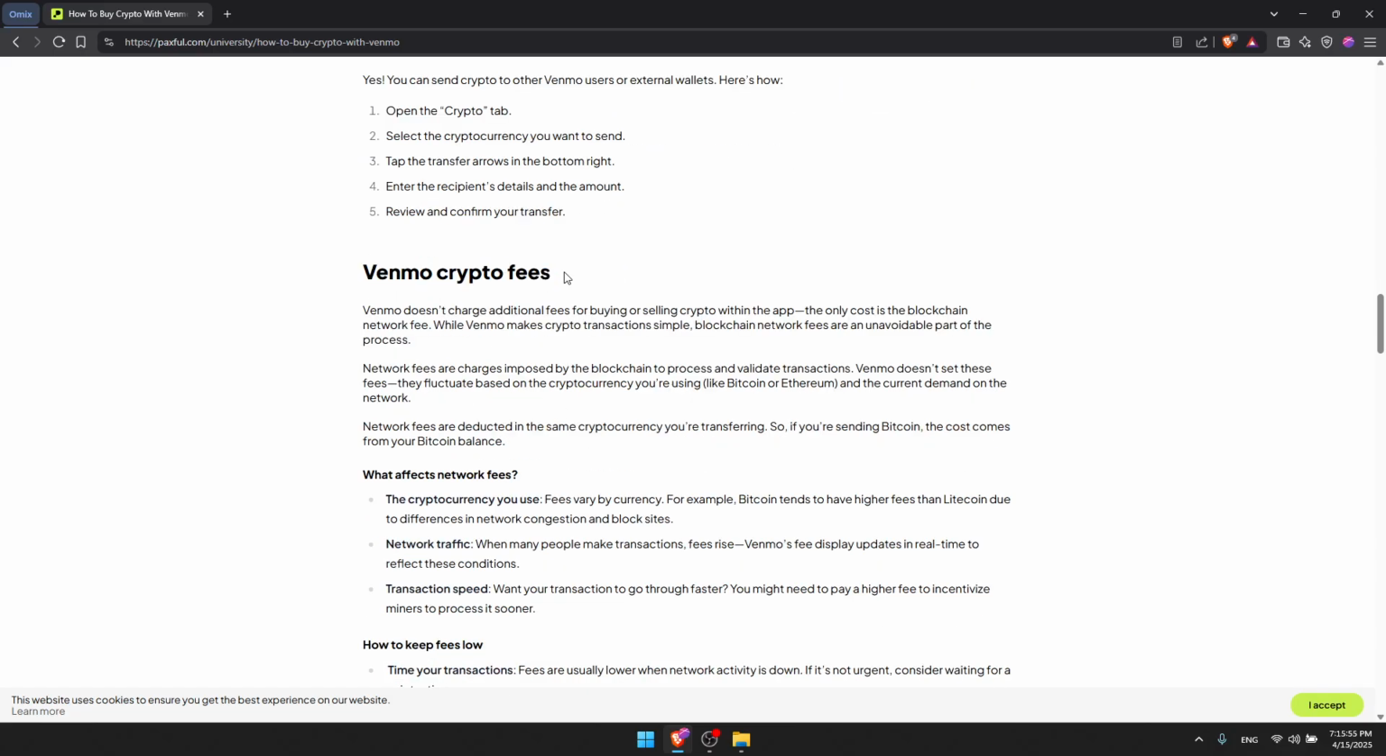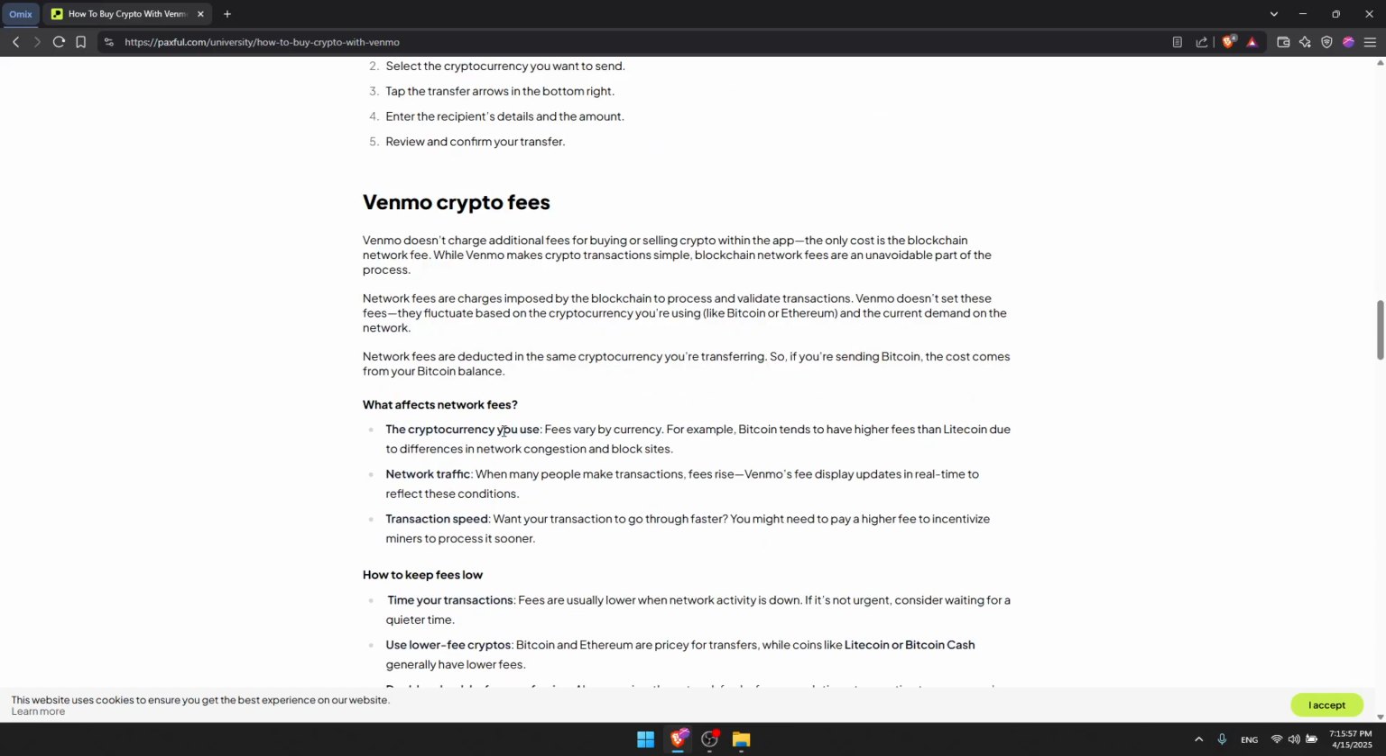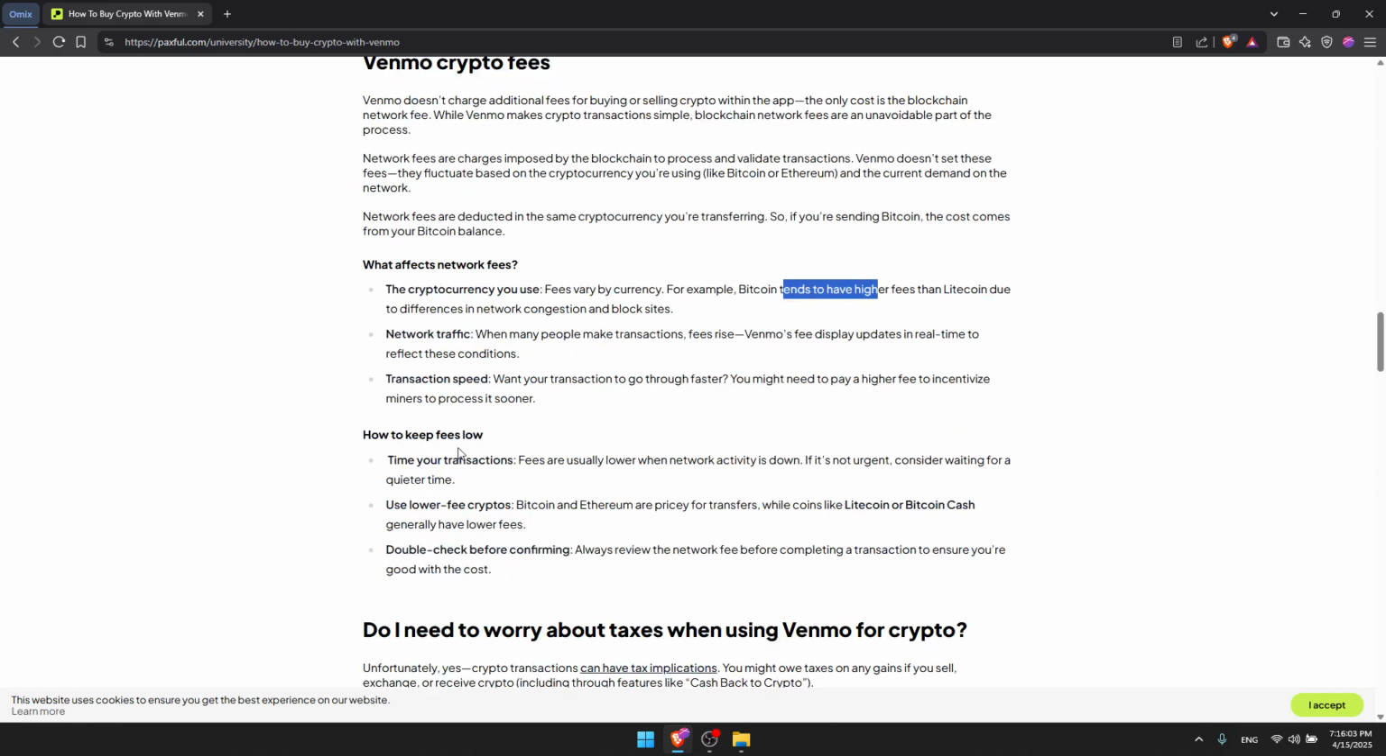Of course, crypto fees vary by currency. For example, Bitcoin tends to have higher fees and so on. So how to keep lower fees? Time your transactions, as an example. If it's not urgent, consider waiting for a quieter time. Use lower-fee cryptos, as an example. Bitcoin and Ethereum are pricey for transfers. You can use coins like Litecoin or Bitcoin Cash for lower fees, and double check before confirming,